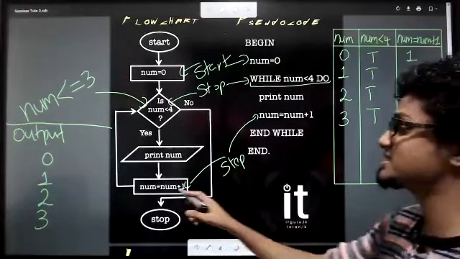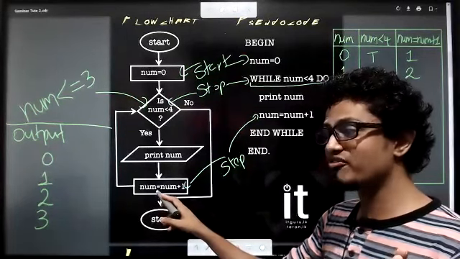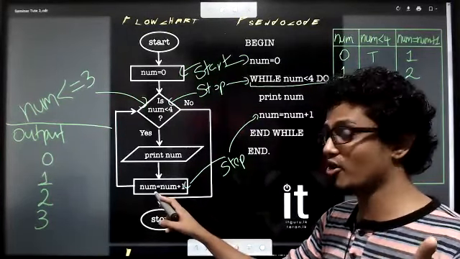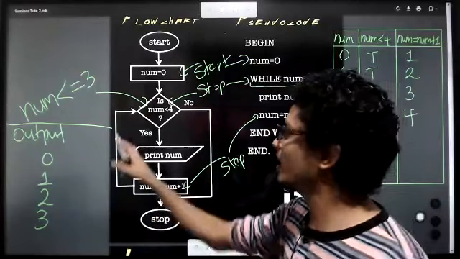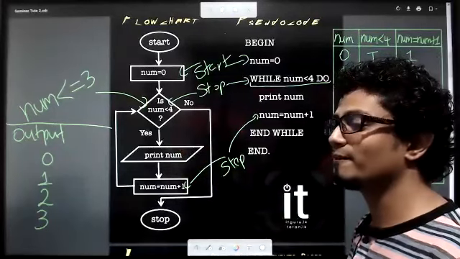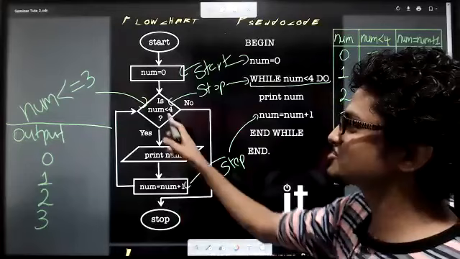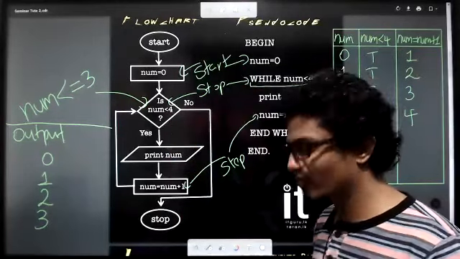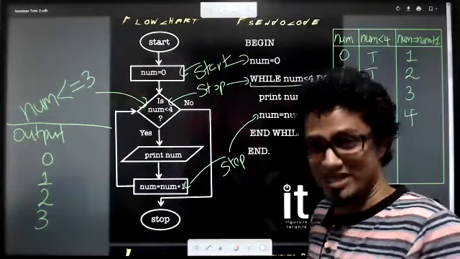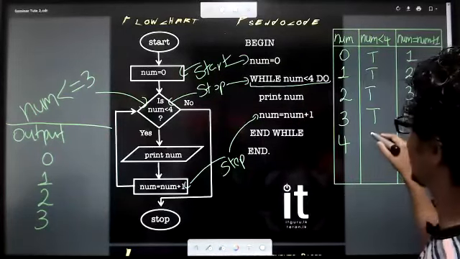Very good. Now we are still in here. We did not display 4. Did we display 4? No, no, no. We are still in here. Okay. Now come and check. What is the value of num? 4. Will it become true? Why false? Because 4 less than 4 is what? False. 4 less than 4, that is wrong. So it's going to become false.